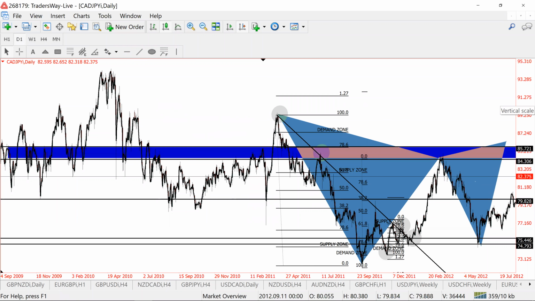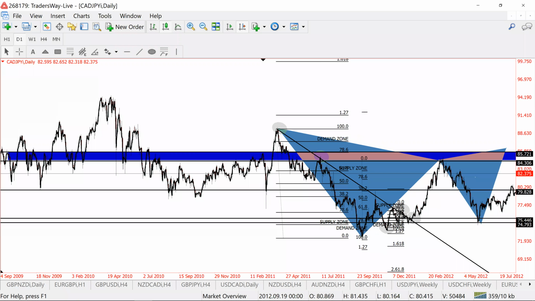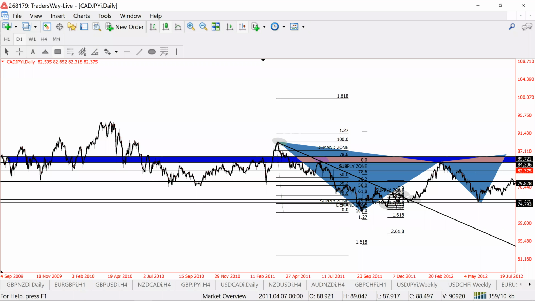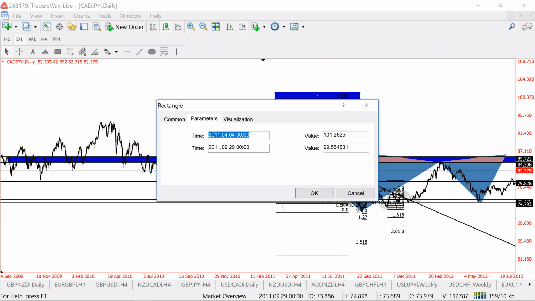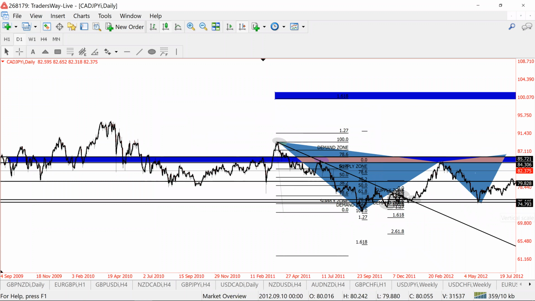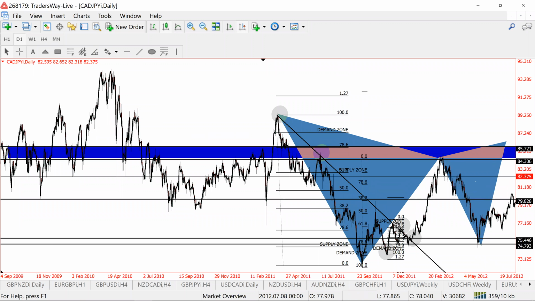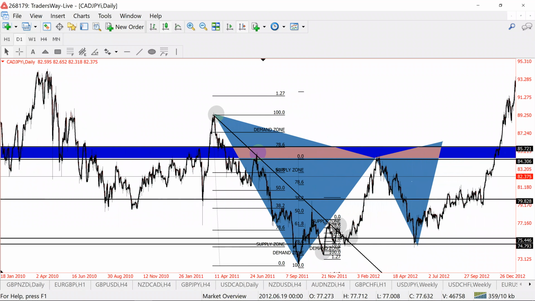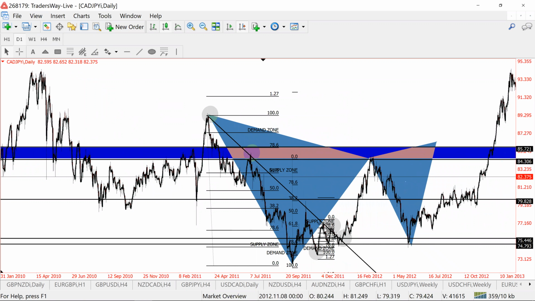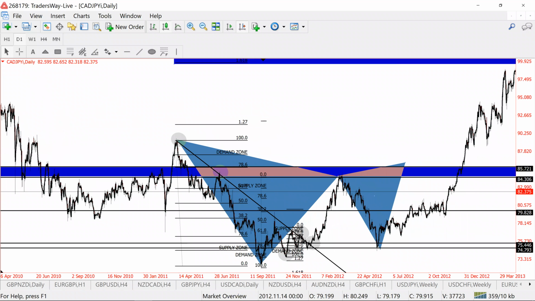But also, what about here, the 1618? Now, remember, this is the daily time frame. How many of you really can say, my heart can take that? I can sit in that trade for a long time. So this is the end of the Gartley. So as this market keeps moving, well, we hit our target on this one. We hit our target, but, oh,